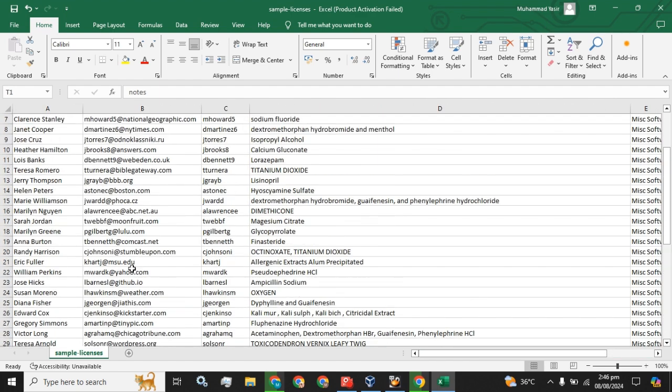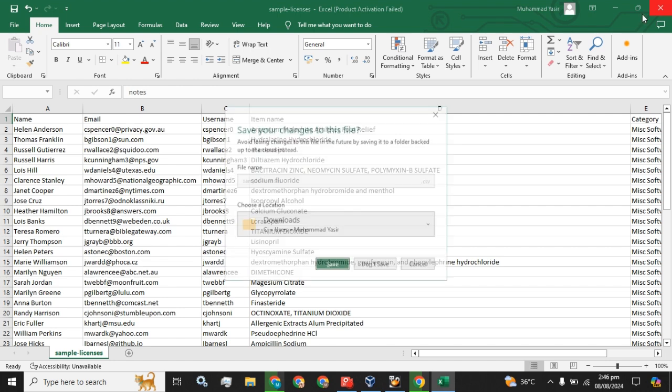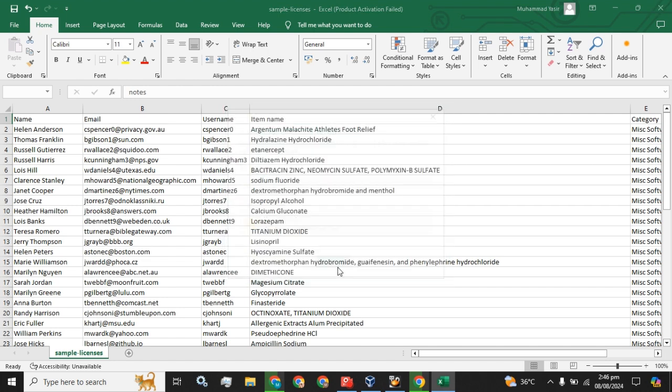And this is the format which will be supported by Snipe IT licenses. So you have to change and add your licenses detail according to your organization. Then you have to save this licenses file